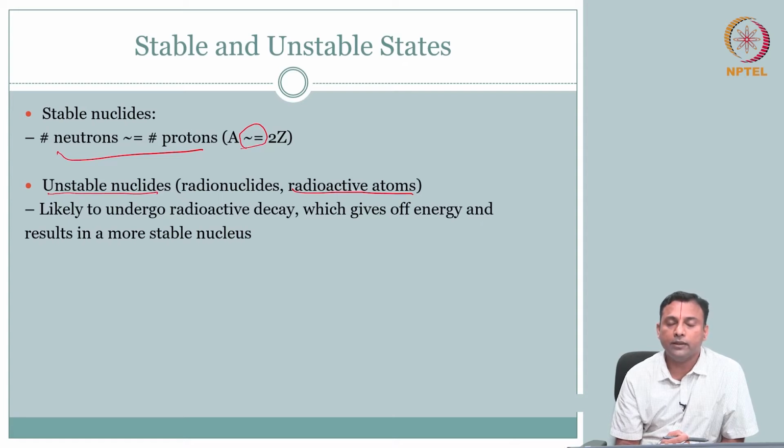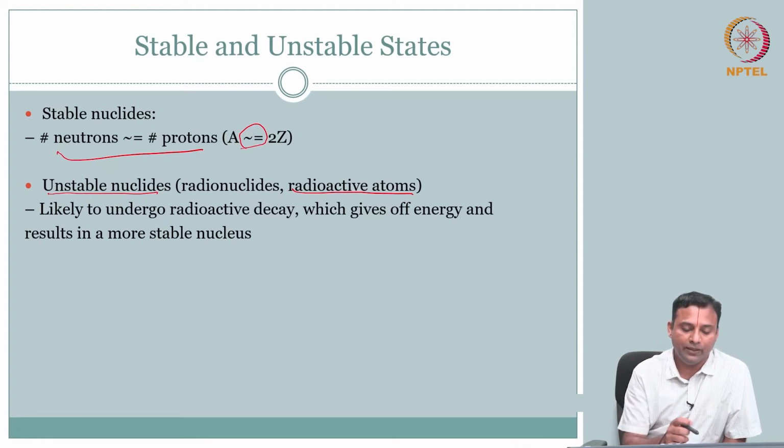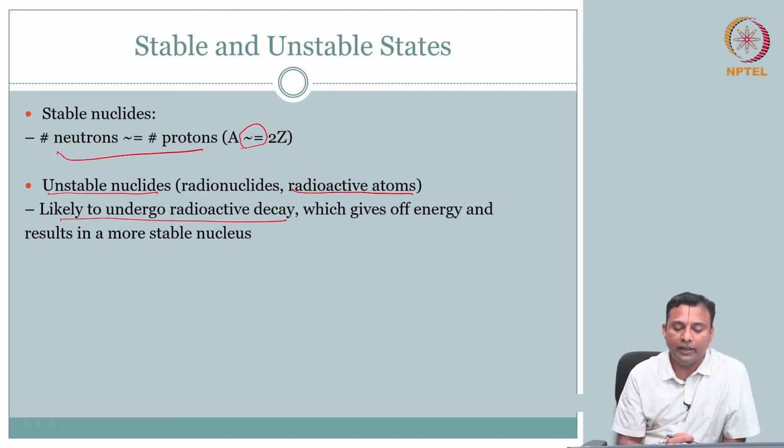Okay. So what is the big deal about this? Oh, the big deal is something is stable. We talked about this also for the whole of electron interactions, right. If something is unstable, nature has it that it will come back to stability by sending out the excess energy, right. This is a big picture philosophy. You have to give out the energy to come back to ground state, which is usually the more stable state. So it is likely to undergo radioactive decay, right. So the radioactive atom sends out the extra energy and comes back to ground state.